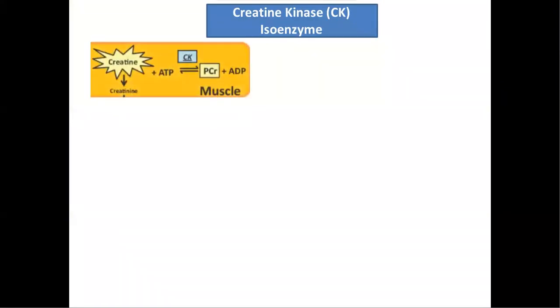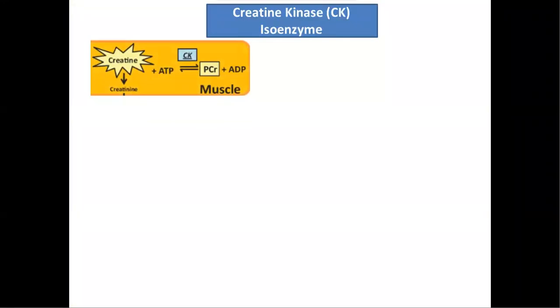The first enzyme here is creatinine kinase isoenzyme, which is a muscle enzyme which catalyzes a phosphorylation reaction of creatinine. Here, creatinine is converted into PCR, that is phosphocreatinine, by utilizing one molecule of ATP. Whenever the muscle requires energy, the PCR is converted back to creatinine, releasing one molecule of ATP. Creatinine will be released into blood circulation whenever the muscle or tissue is damaged.